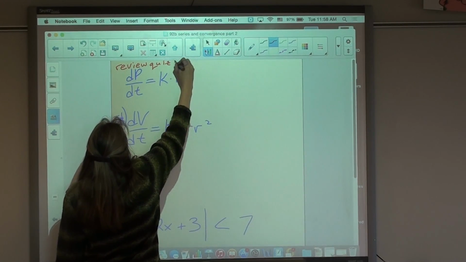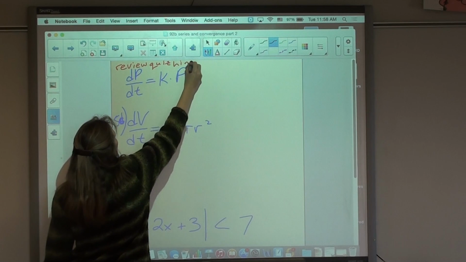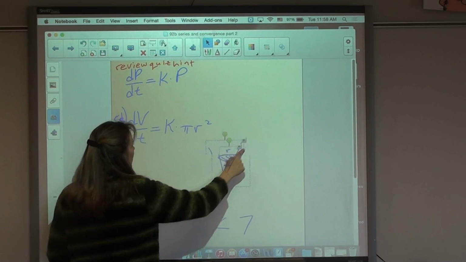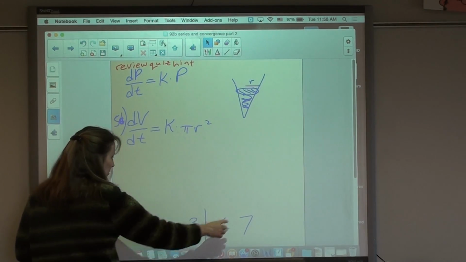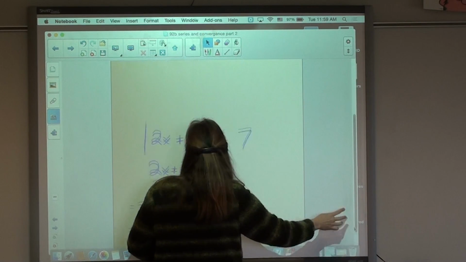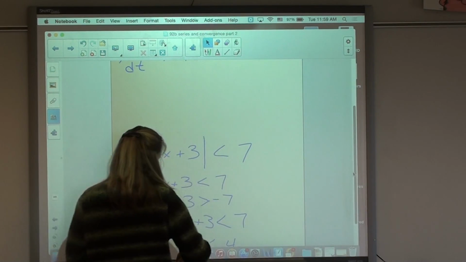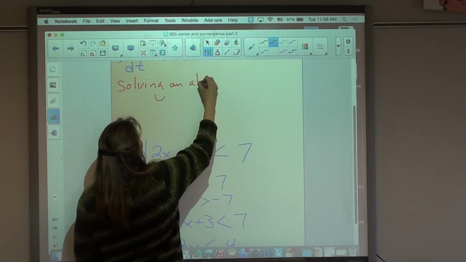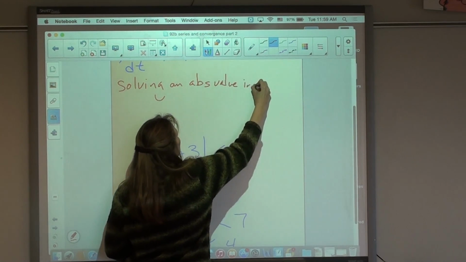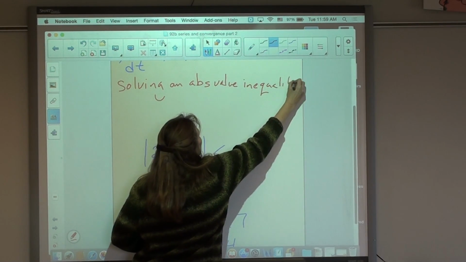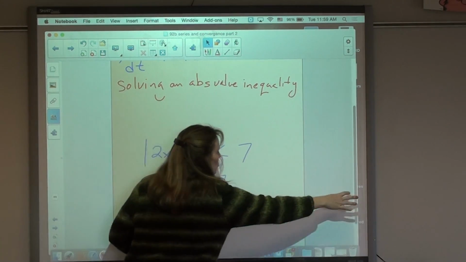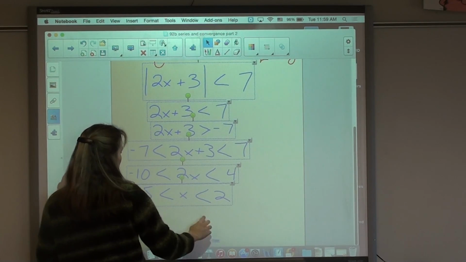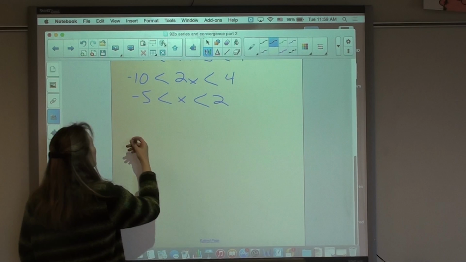Okay, so next, a little note here on solving an absolute value inequality. And now we'll do how to solve